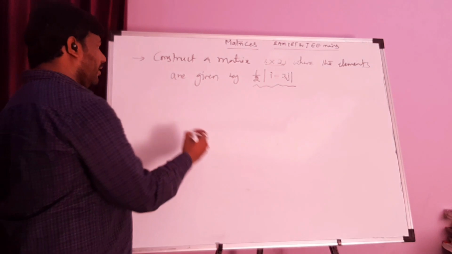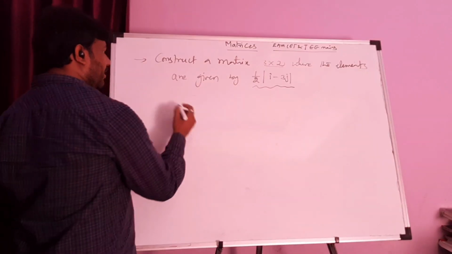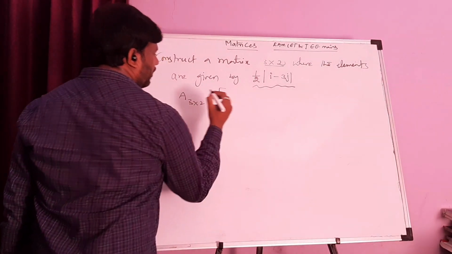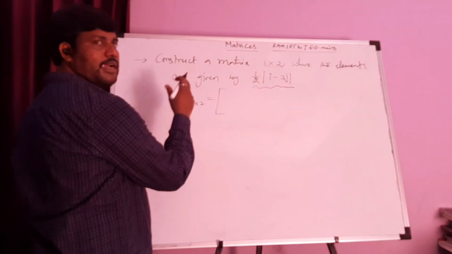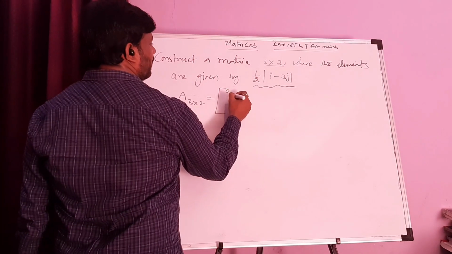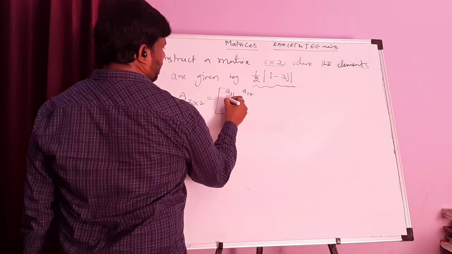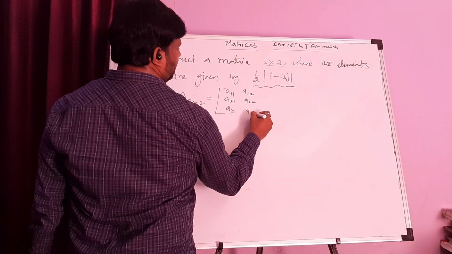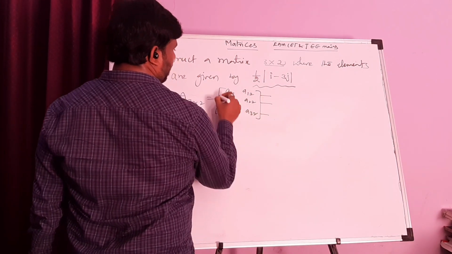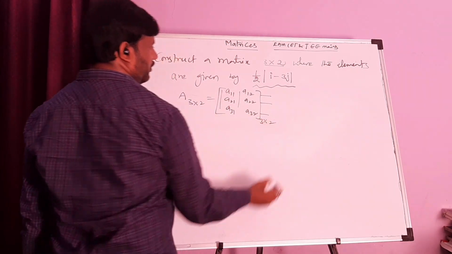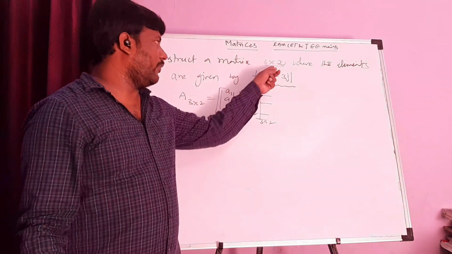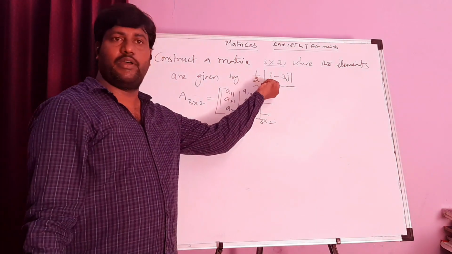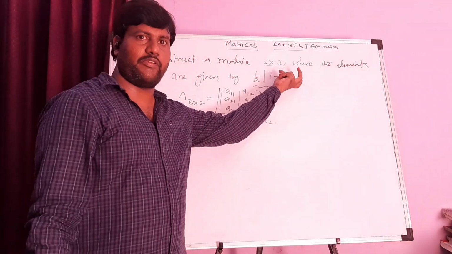It's very important. Now how do we construct this 3 by 2 matrix? Let us consider a matrix A of order 3 by 2, which means 3 rows and 2 columns: first row, second row and third row. This is a matrix with 3 rows and 2 columns. We need to construct this matrix where the elements will be (1/2)|i minus 3j|, that is the absolute value of i minus 3j.